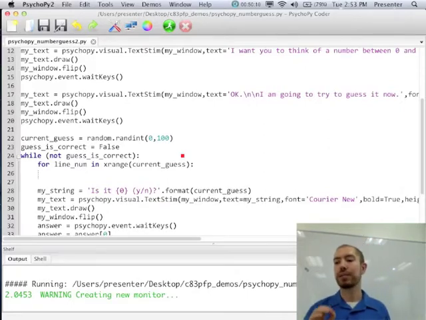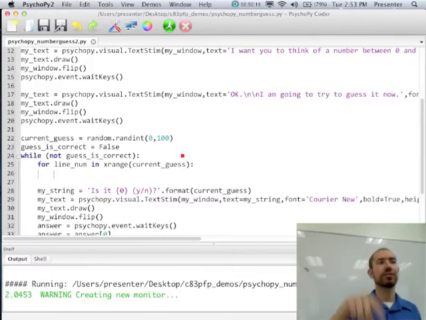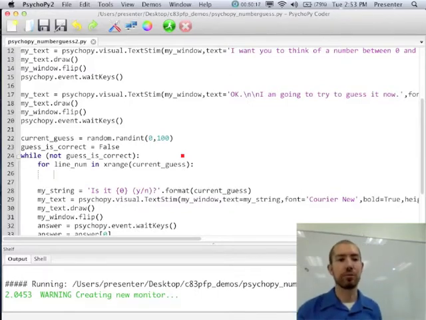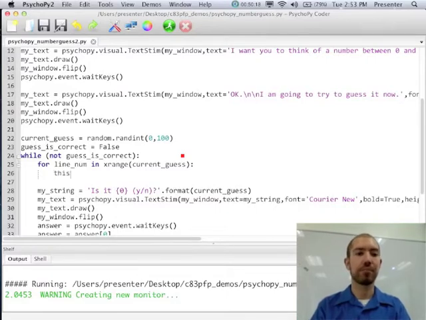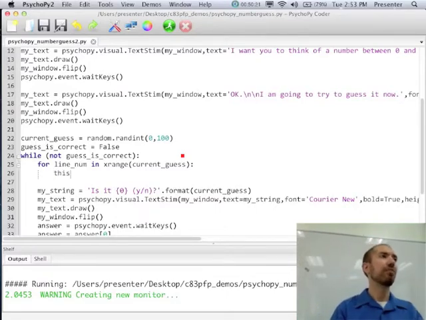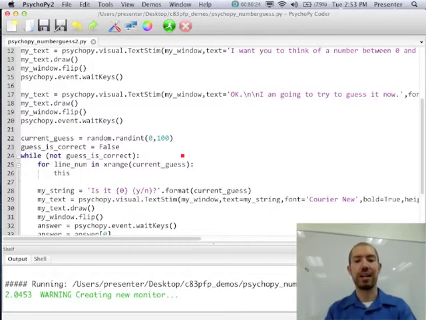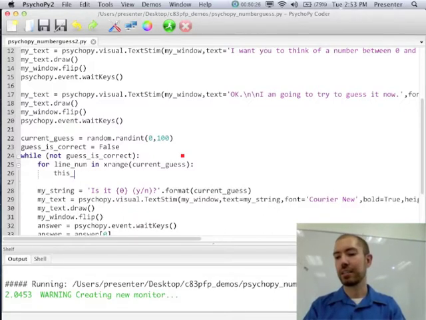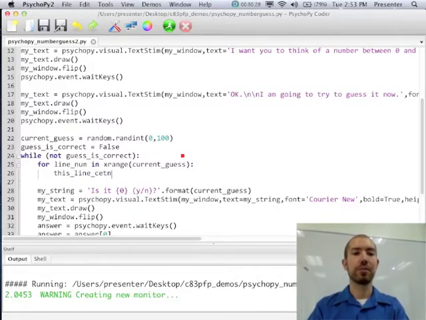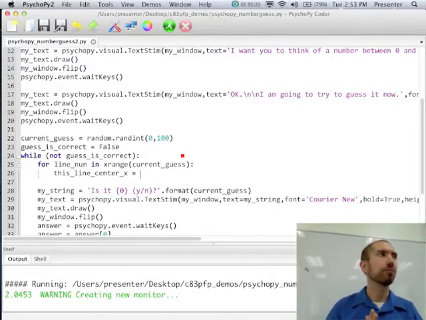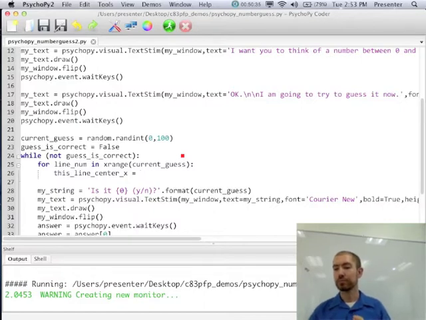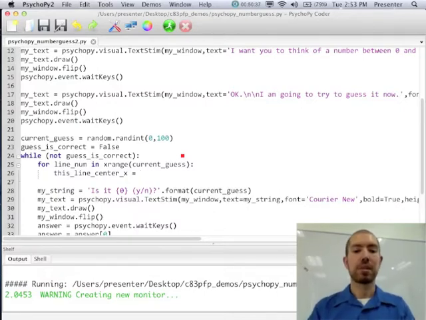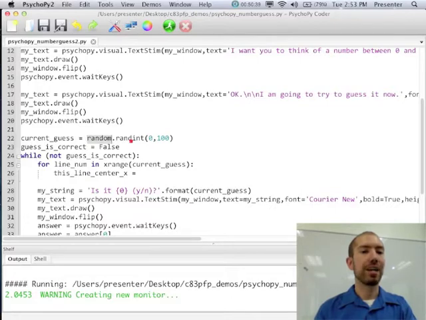So if we're picking a random location, we'll need to pick a random pixel in X and a random pixel in Y that represents where we're drawing the line, right? And of course, the line takes up a lot of pixels, but we want to just pick the center of it for now. So let's call the variable this line center X. So I'll first pick an X value. And you guys remember we used random.randint to pick a random number, right? So we can use that again.